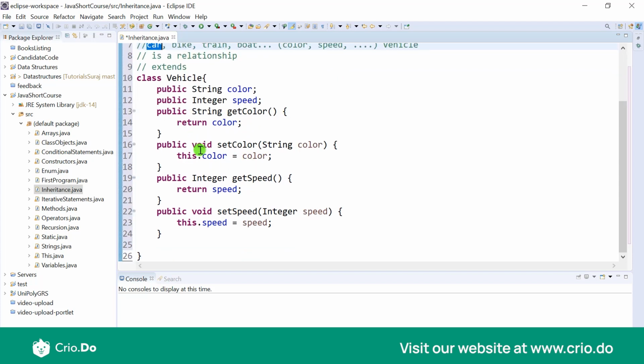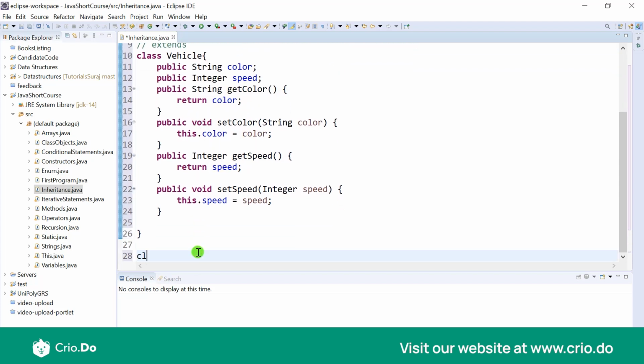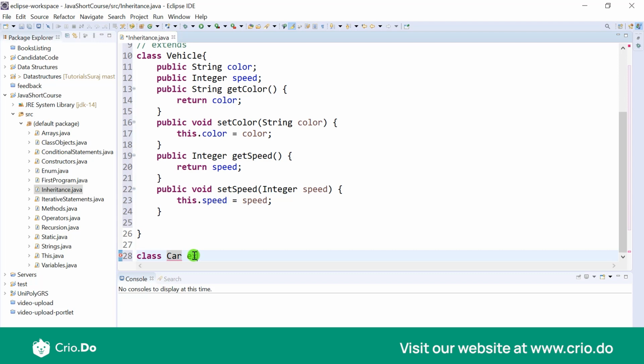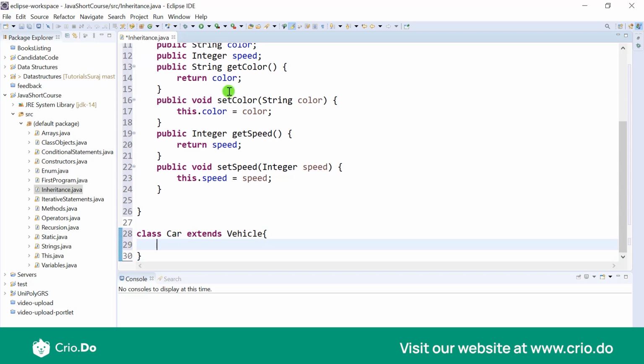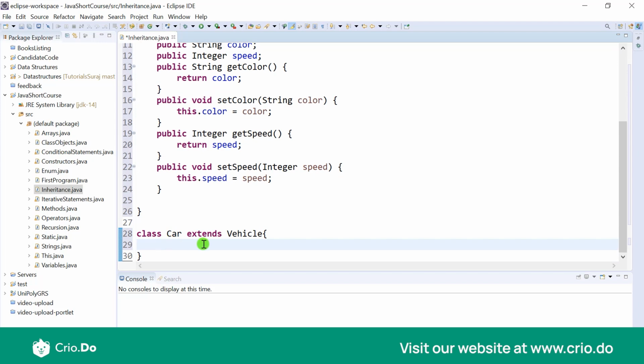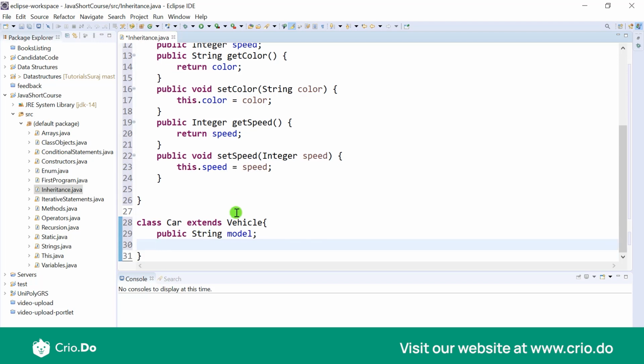Now let's create a new class called car. So this is class car. If I want everything of vehicle to be available for car, I will have to extend it using the extends keyword, and this will extend the vehicle class. When car is extending the vehicle class, all these things are available for the car. Now we can add other things like public string model, let's say, and then we can add a method, public void ride,